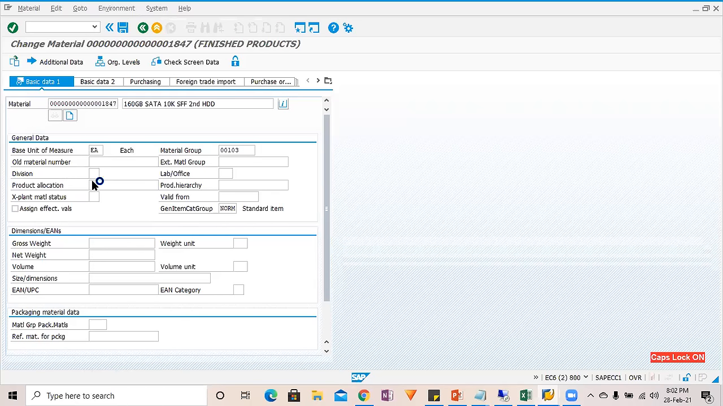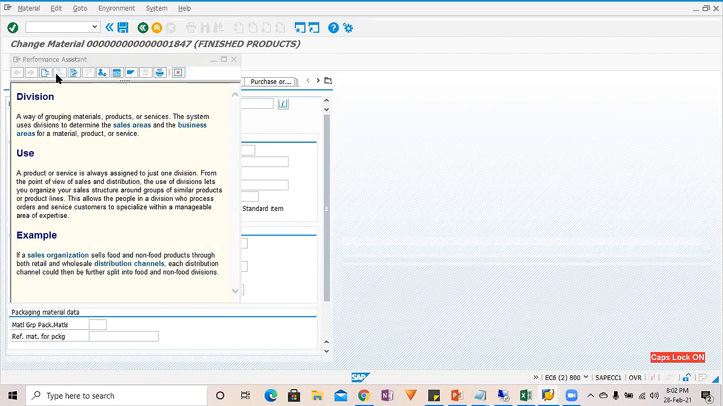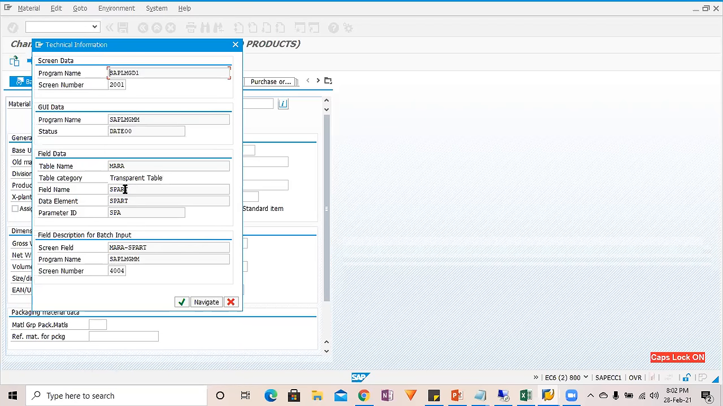So press F1 and find out the technical name for this division, right? So what is the technical name for division? SPART is the technical name for division. This is what it is here. So we would like to have this field, and this field is coming from where? This is the technical information which will be useful for our purpose, right? Here you see it's telling field description for batch input, right? The meaning of this is whatever your program is processing, this field they are getting from this particular screen field,